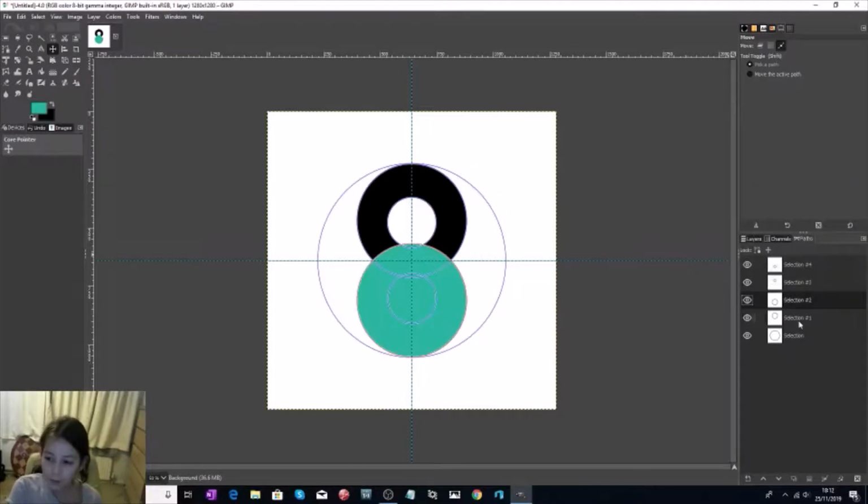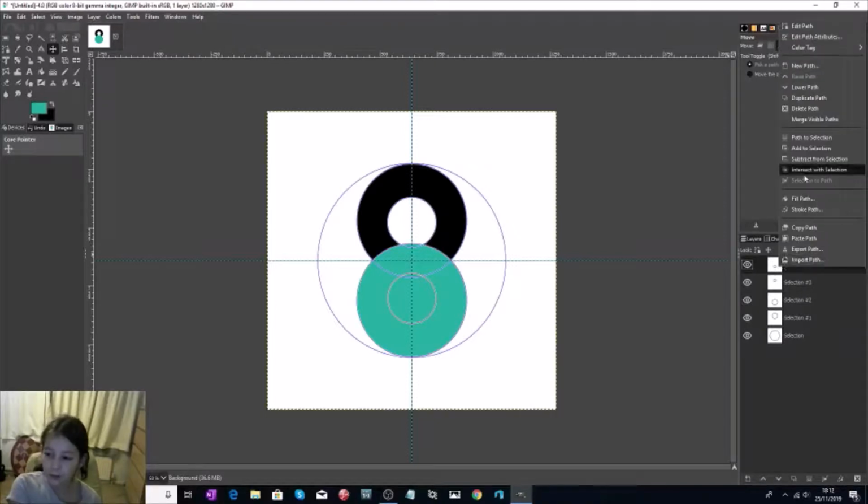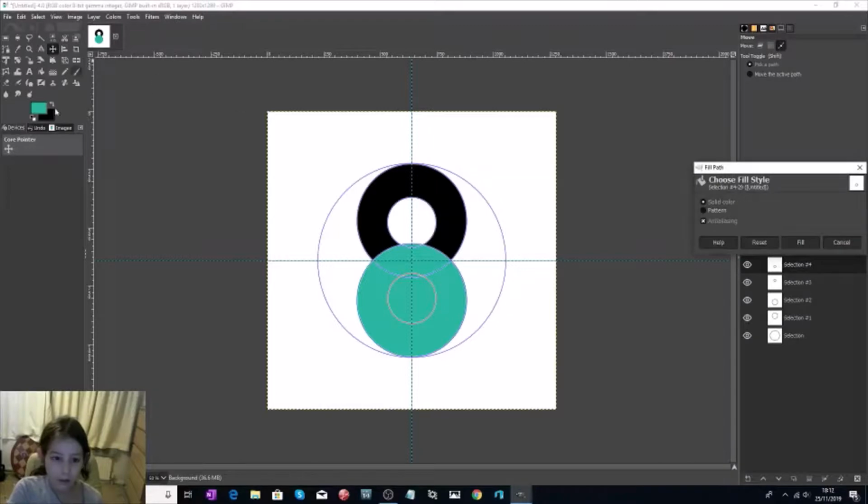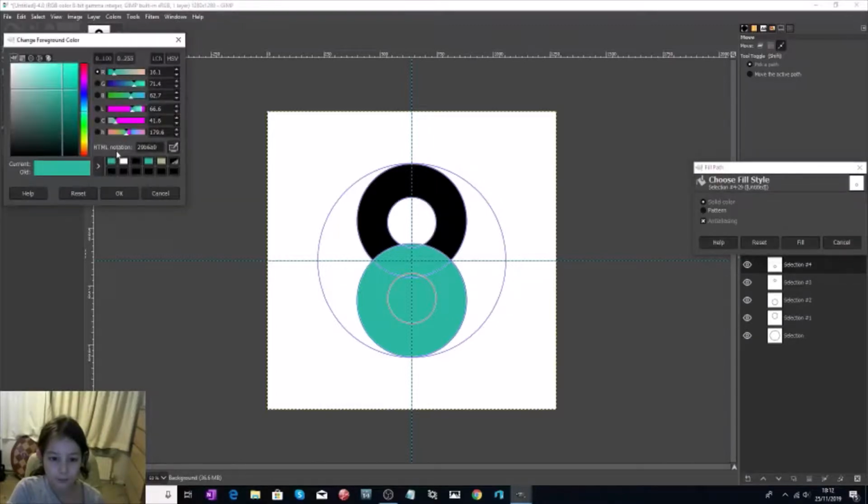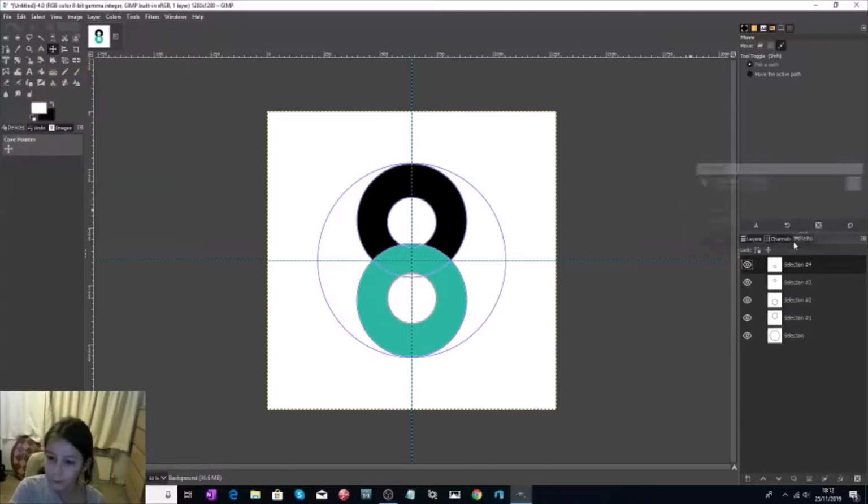And now we're going to make the selection 4 white too. So fill path, and we're going to make this white, and okay, fill. Right, now we have our circles filled. We need to make it so that the yin-yang symbol isn't just 2 circles, it's kind of like a snaky line. So if you grab the rectangle select tool,